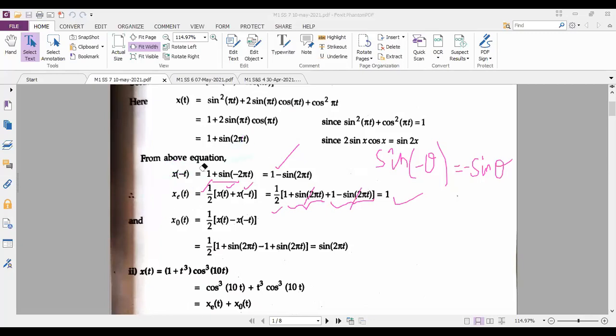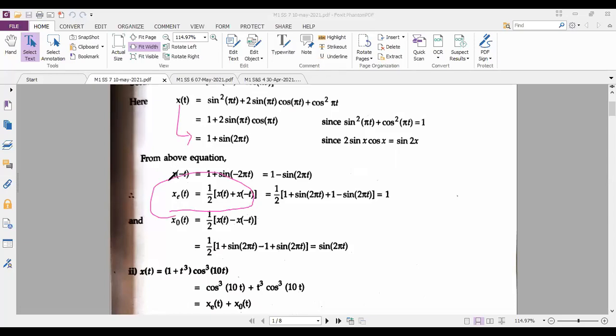So from this problem, what you understood is, if there is a possibility of expanding and reducing it, you have to reduce it before you proceed to the x(e) of t formula. So I simplified my question. Then I moved on to x(o) of t. Now I hope you know how to find x odd of t. I need not show it here. The only change is a minus between x of t and x of minus t. You subtract x of minus t from x of t, and you will get the answer as sine 2 pi t. This problem should compulsorily be copied in your class notes.